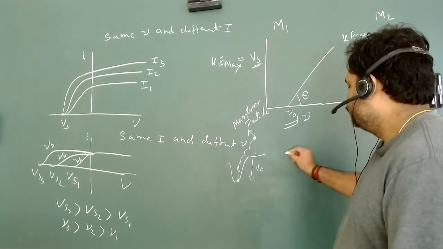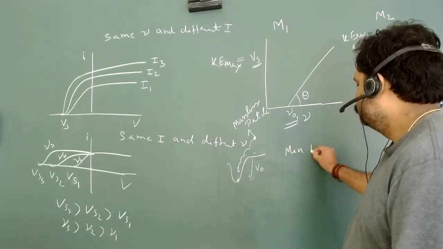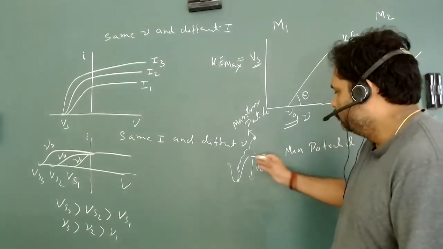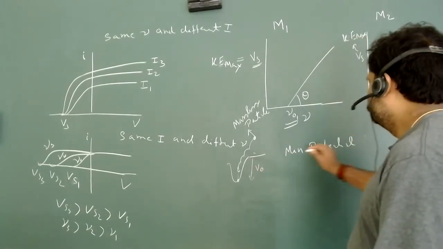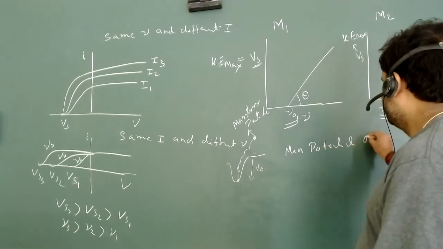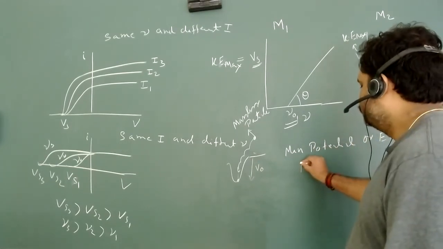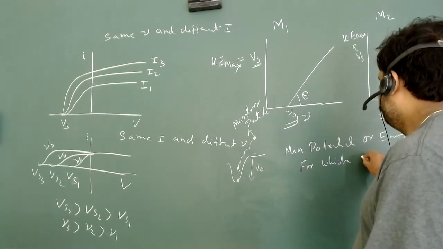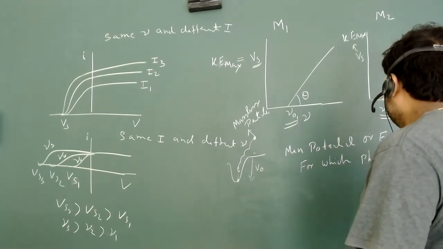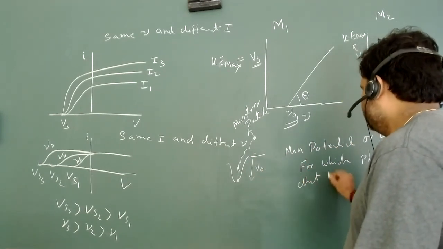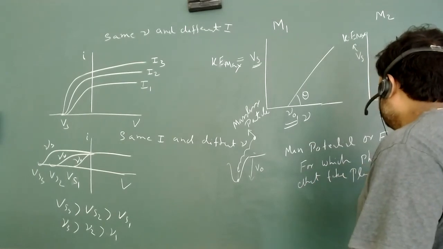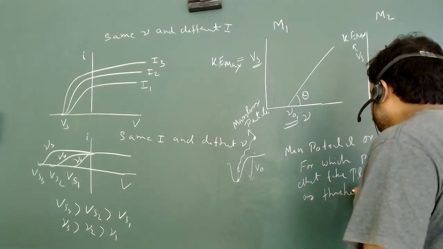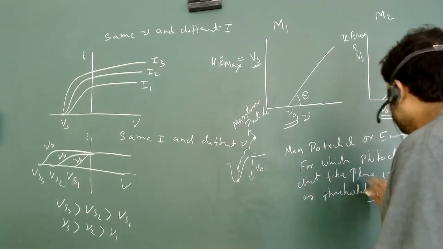What Einstein said is that the minimum potential or energy for which the photoelectric effect takes place is known as threshold frequency. Threshold or work